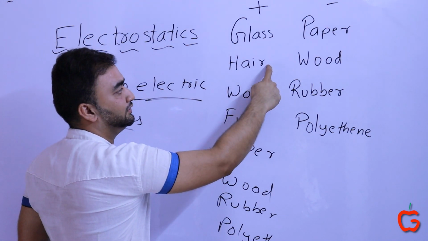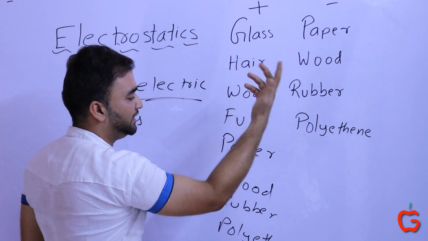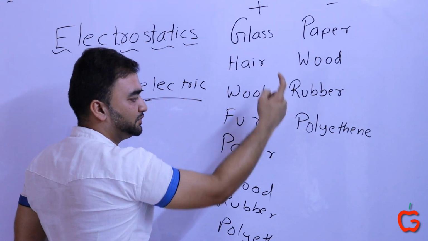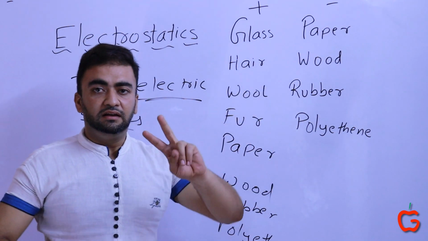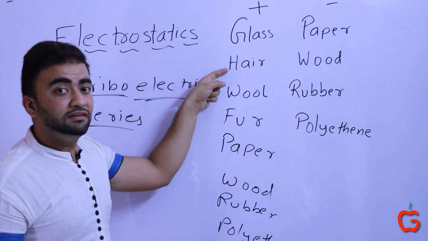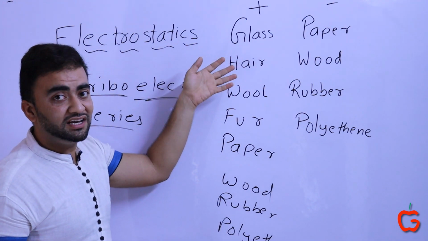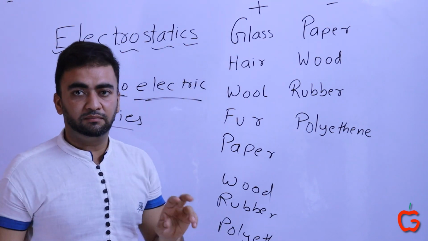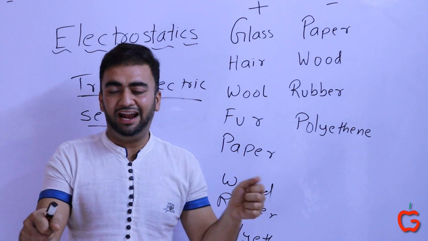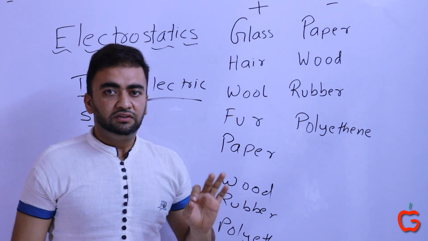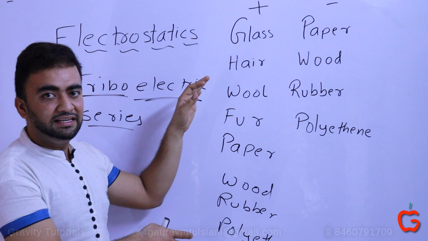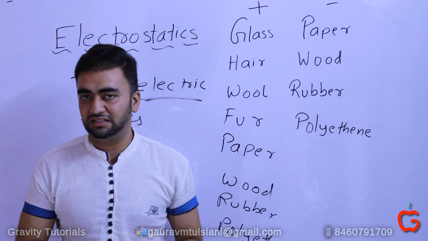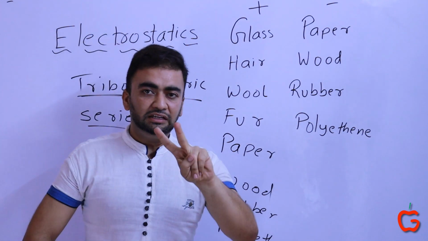So when the hair of volunteer 2 is rubbed with, say, paper, the hair and paper get charged. Hair becomes positive, paper becomes negative. But the hair of volunteer 1, which was rubbed with polythene, acquires more charge compared to the hair of volunteer 2, which was rubbed with paper, provided they are rubbed with the same force and for the same amount of time. So the farther the elements in this series, the more charged they become, the easier it is to charge them, the lesser time is required to charge them. Okay, so these are the two rules.